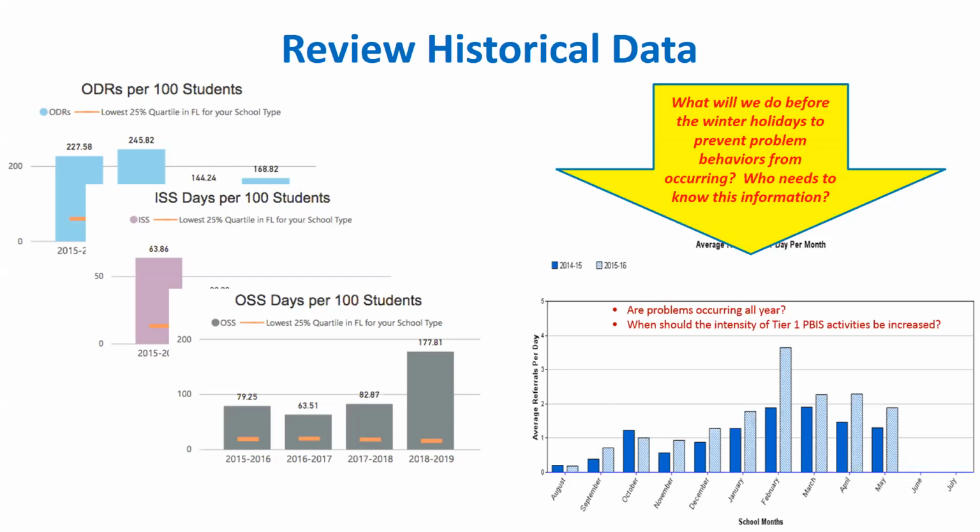Now, when you look at these OSS rates going up here, what we don't know right now is exactly how many students are involved in that. But we do know from the previous screen that this is a school whose Tier 1 is just not very strong right now. So we certainly want to make sure that we are looking at this for the whole population until we get a clear picture of the different demographic groups that we'll look at next.